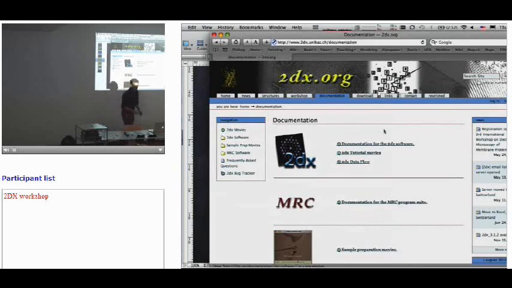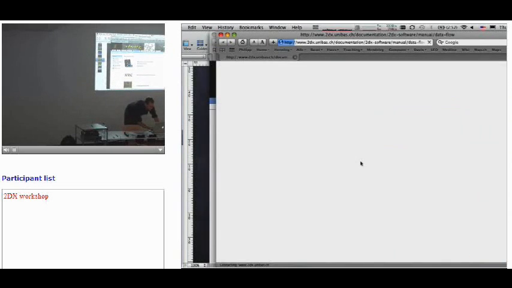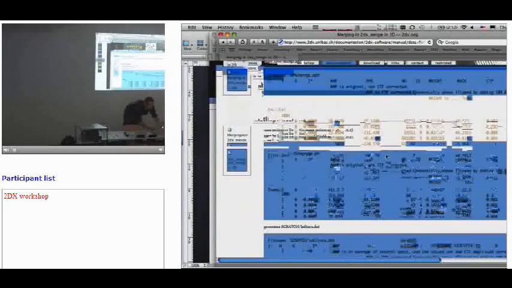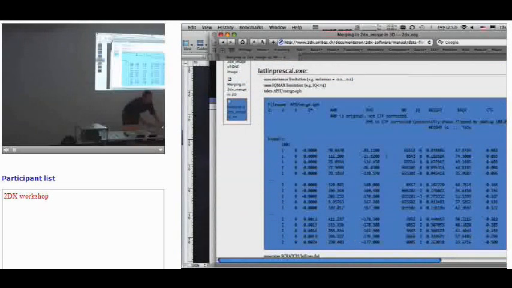Here you have the data flow. The data flow section are pages where we take a data set processing with examples through one image, or merging in 2 dimensions, or merging in 3 dimensions. And if we go into the merging in 3D, which today we speak about, then we have here examples of which program is called in which order, so one program after the other, and then what it uses as input variables or input files, and then examples of these files, how they should look like, and explanations of what these